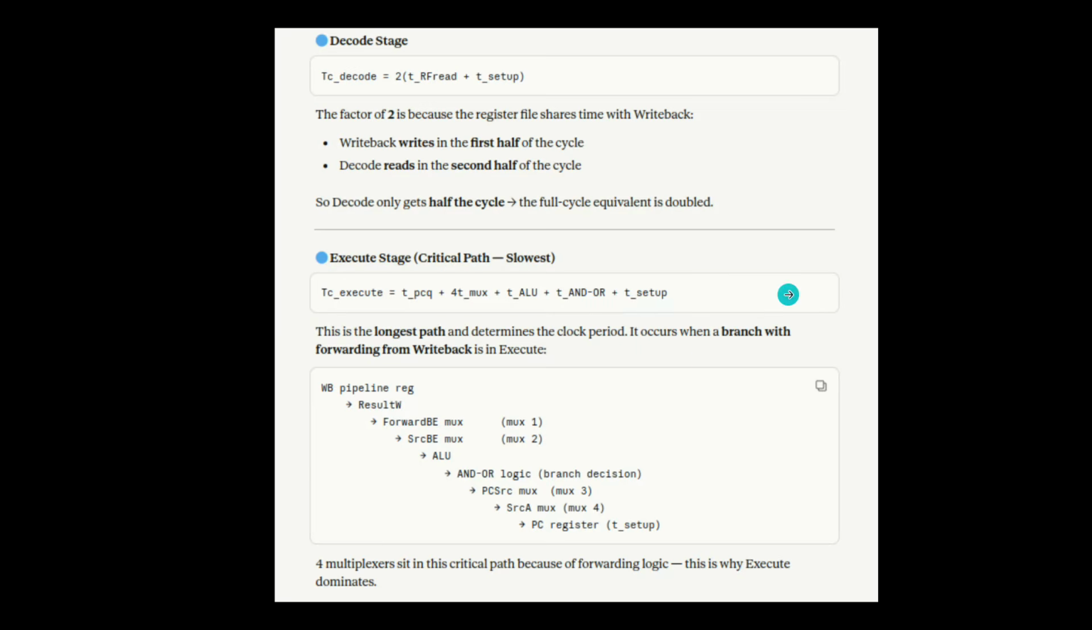So these would be the longest path. Since this is the longest path, now why do we have different muxes? Because first we have the forward mux. Actually you can see that for source B there is a mux, then the forward A mux is there, the forward B mux is there, then the PCSRC